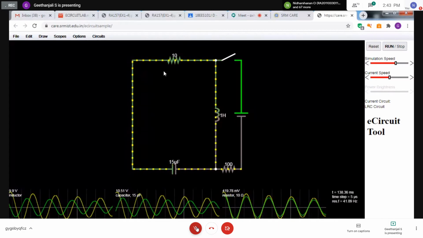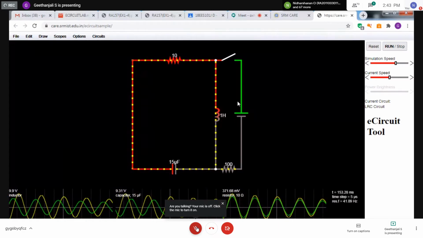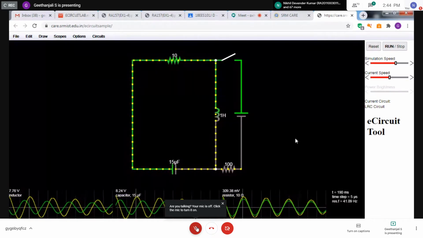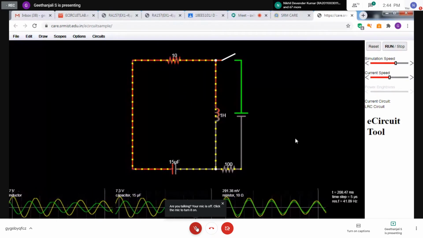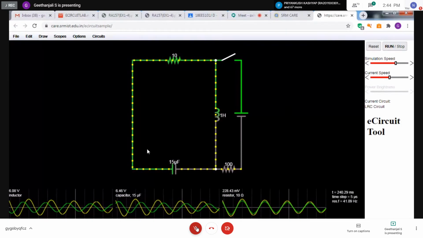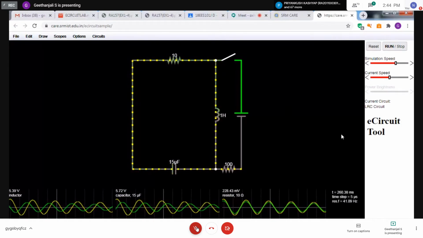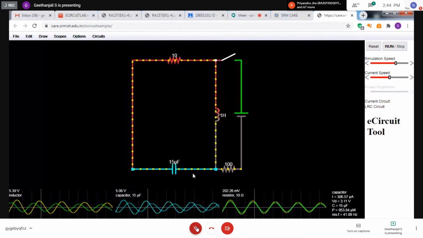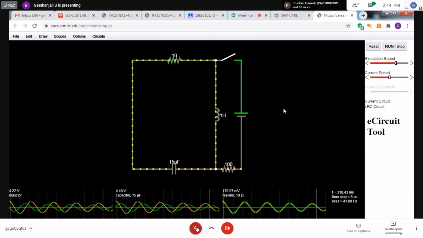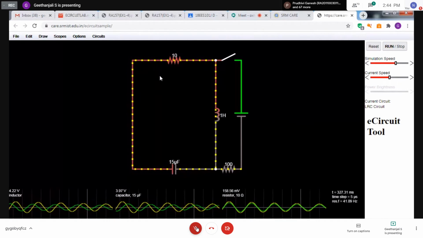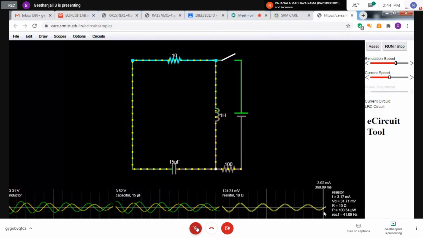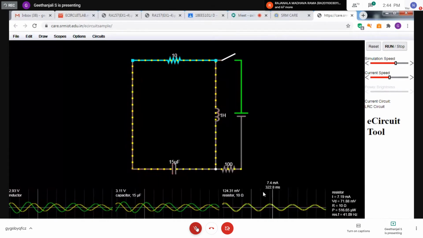After you form the circuit, you will be getting like this. I will tell you how to form the circuit, how to create the circuit. I will tell you the step-by-step procedure. So, finally, the circuit will be looking like this. For the sample, they have taken resistor, capacitor, inductor, battery. They made the connection. Then it is running now. The current flow will be like this, this is the voltage. For a particular time, the voltage, resistor, everything is shown down.